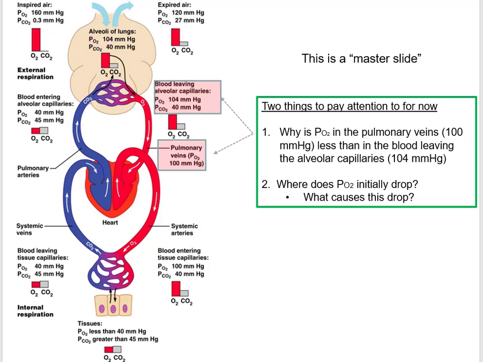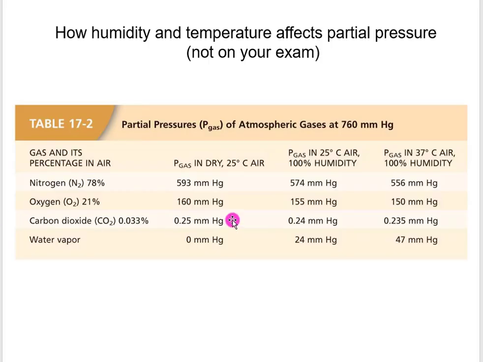Do I still have a gradient? Yep, I still got a gradient. Is the gradient a little less steep and significant? Absolutely. So why do we care about that? Well, a ball will roll faster down a steep hill than it will down a not very steep hill. The rate of diffusion will be greater the higher the gradient, or the more significant the gradient, compared to a low gradient. So 150 to 104 is still a good enough gradient for us, but my point is the rate of diffusion in and of itself will generally be diminished,